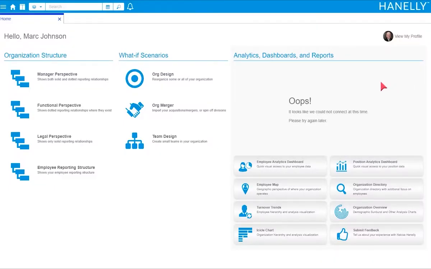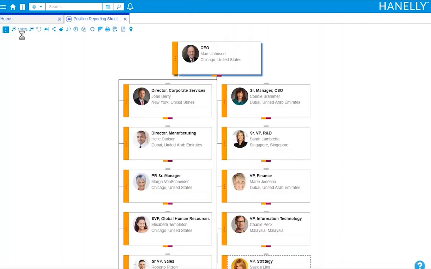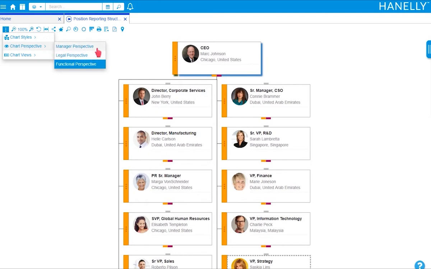The solution also gives you a variety of org chart perspectives to choose from to help you visualize the different kinds of reporting relationships in your organization. These can be accessed under the Organization Structure section of the default landing page, or from the Action menu within your org chart, under Org Chart Perspectives. In the Manager perspective,